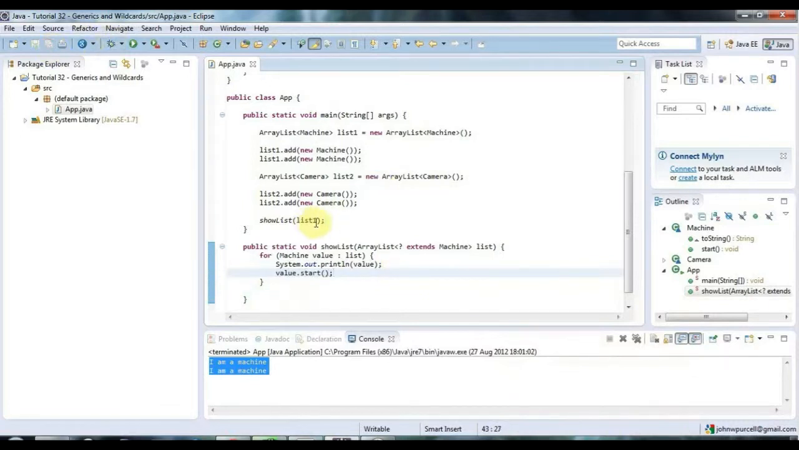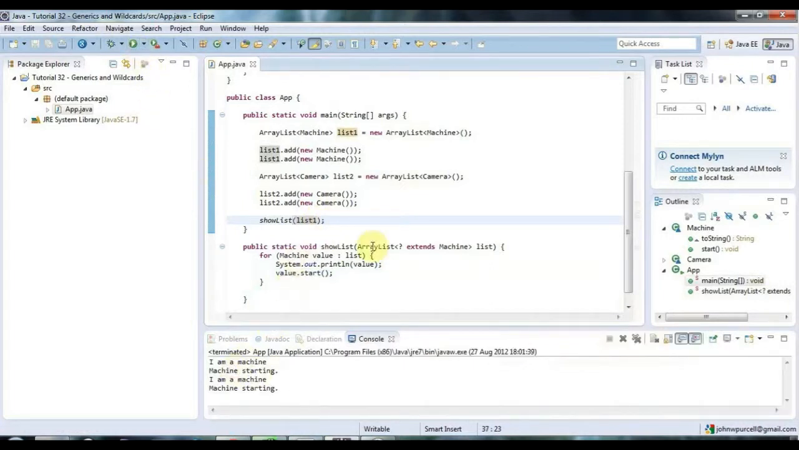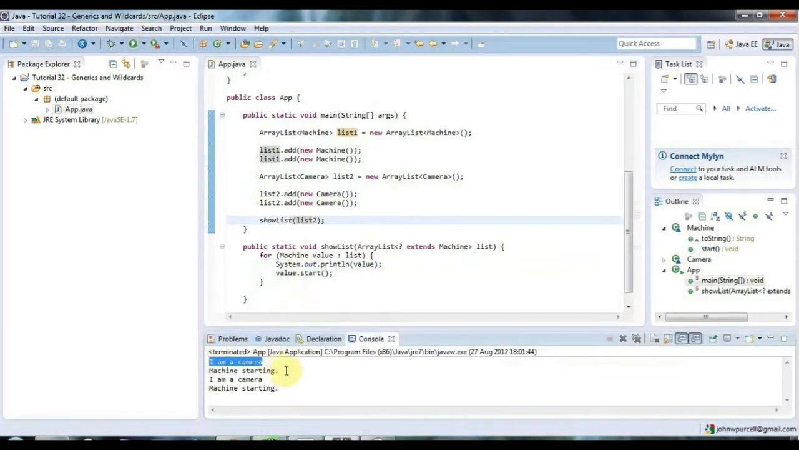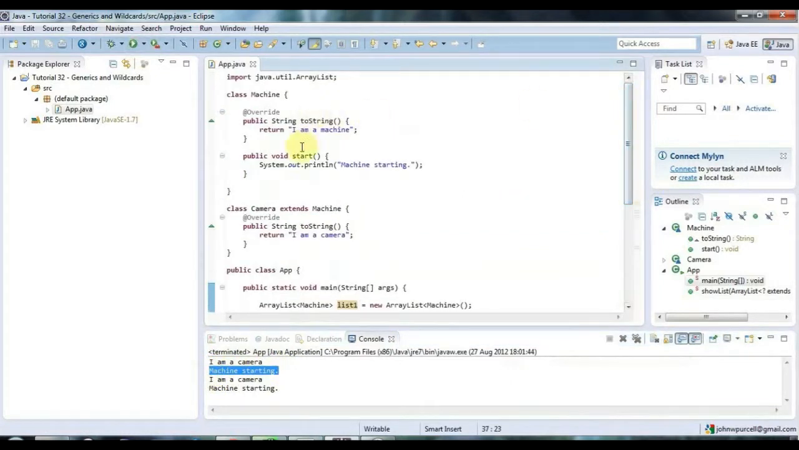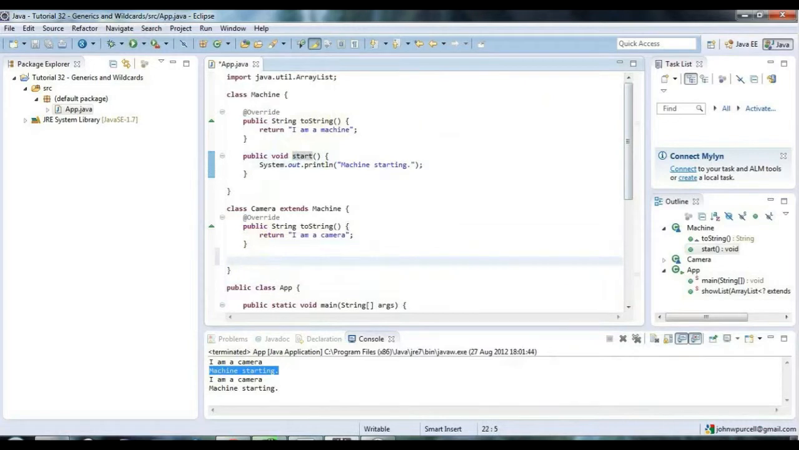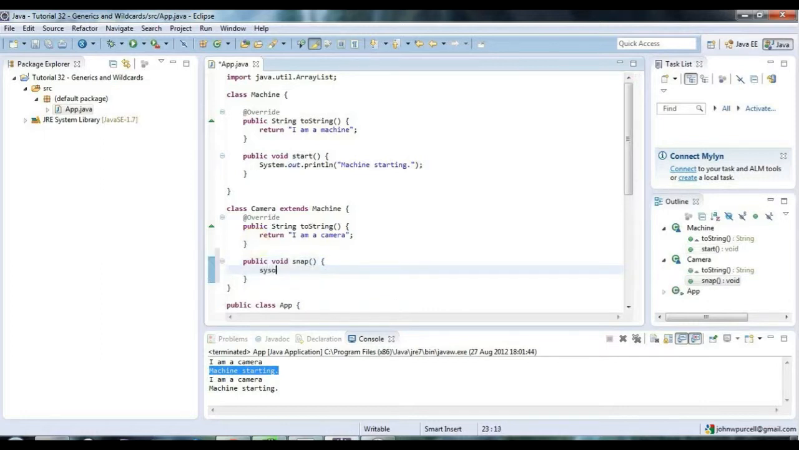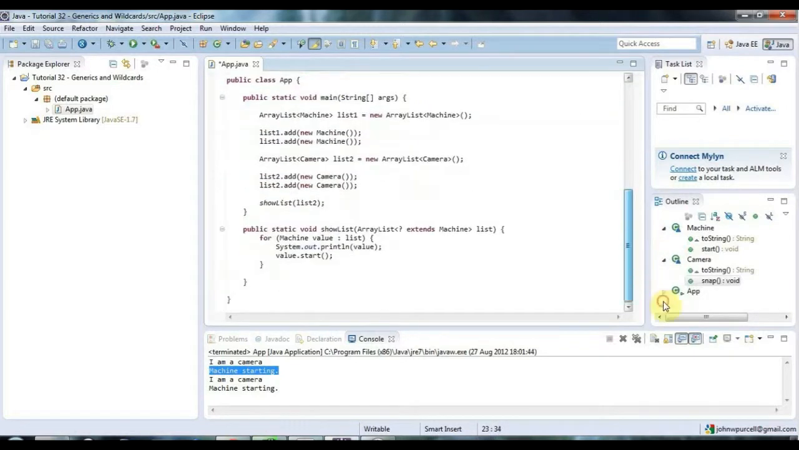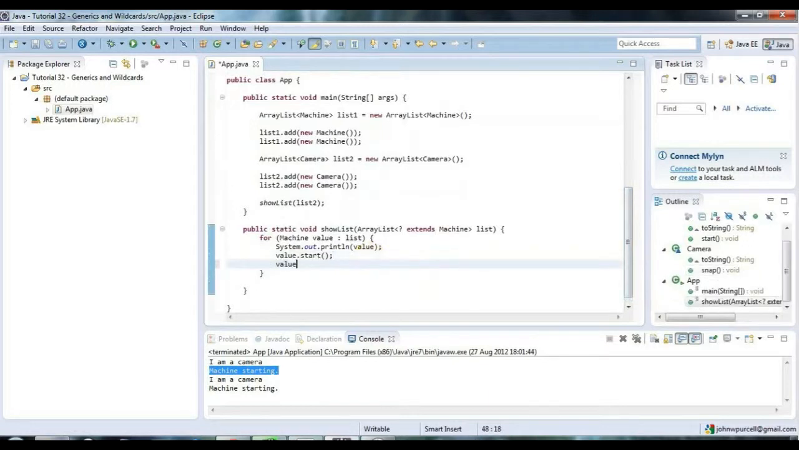On the other hand, if I pass in a list of cameras, that's going to work. It's saying machine starting. If I pass in a list of cameras, that's going to work as well. So it's calling the camera toString method, and it's saying machine starting because camera has inherited that starting method from machine, and I didn't override it in camera. But let's say camera has a specific method, a method that's specific to cameras, like public void snap, and let's say here sysout snap, this is taking a photo. Now I can't in here call value.snap